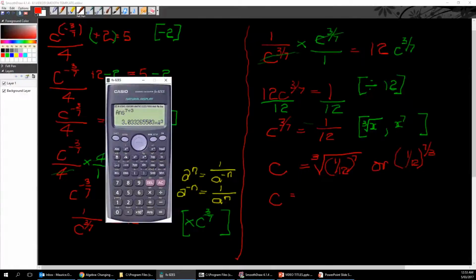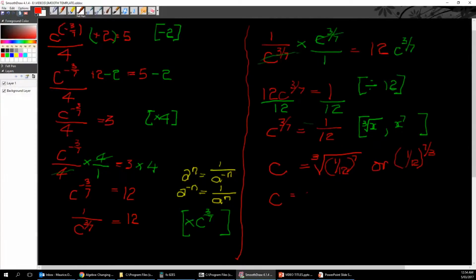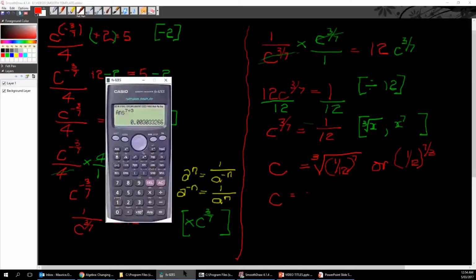So I'll just put it in a decimal form. I don't know. I haven't checked this out, whether I can do that automatically here. Perhaps I shift mode fix. Oh, 6 is fix. And I'll go 9. Okay, so that's going to be C equals,